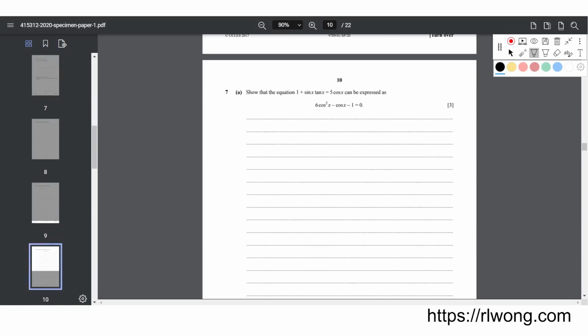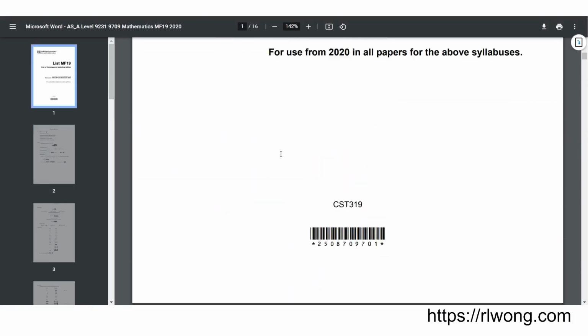Right, next let's move on to question 7. Okay, question 7 is a trigo question. You're asked to show that the equation (1 + sin x) tan x = 5 cos x can be expressed as this. In other words, we need to make use of your trigo identities to manipulate this to get this equation here. So if you take a look at your formula booklet,